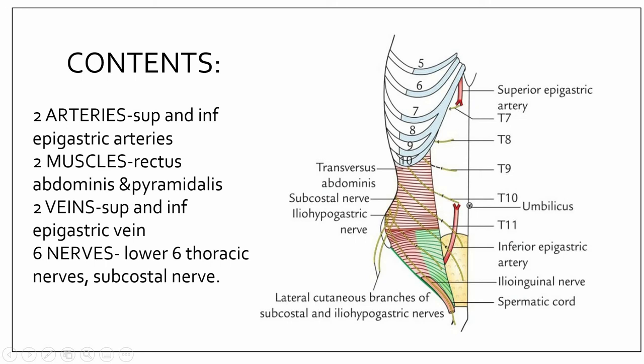And they run in the neurovascular plane, which is between the internal oblique and transverse abdominis muscle. So the plane between the internal oblique and transverse abdominis muscle is the neurovascular plane, and they enter the rectus sheath by piercing it, and then within the sheath they proceed forward deep into the rectus muscle, and about its midline they enter the muscle, supply it, and emerge through the anterior wall of the sheath as the anterior cutaneous nerves, as you can see here.